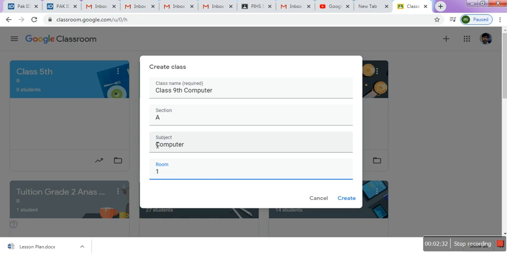Subject and room are optional. We can provide subject and room information, and if you think they are not required, we can leave them blank. Now click here on the create option, and after a few seconds